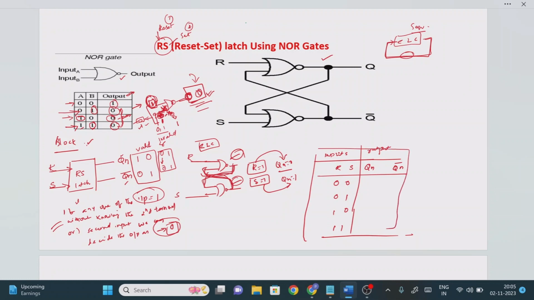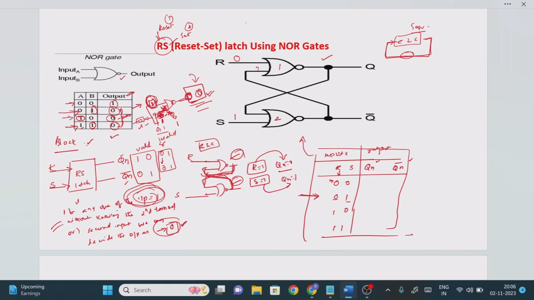So now what we will do is apply these values into our circuit, and finally we will find out the Qn as well as the Qn bar value, right? For that you need to remember this logic. What is this logic? If any one of the input equal to 1, without knowing the second terminal, we can decide the output as 0, right? So now, instead of going to 0 0 first, we will first consider 0 1, the easy one. So what is the R value here? R value equal to 0, S value equal to 1. Just substitute 0 1 in the circuit, right? So now see that, let this be logic gate 1, this is logic gate 2, right?